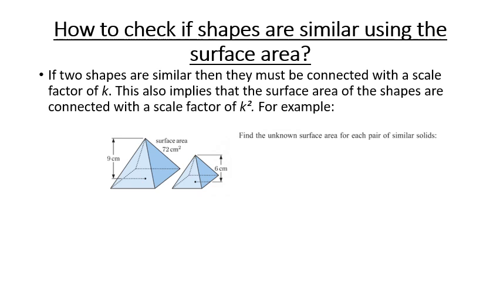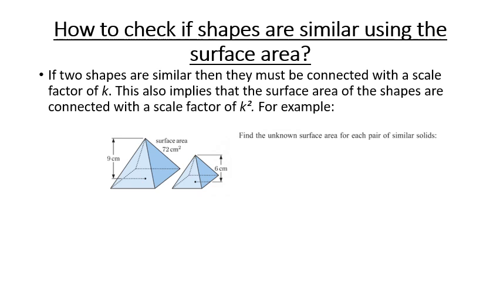So if two shapes are similar, then they must be connected with a scale factor of k. We know this because we've looked at enlargement and reduction, and we've looked at similar figures. This also implies that the surface area of the shapes are connected with a scale factor of k squared. So, for example,